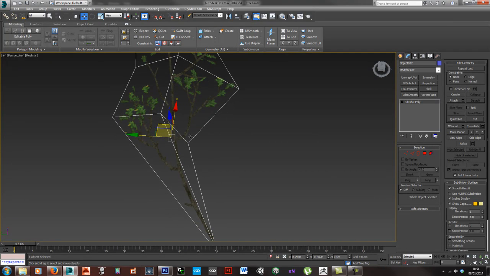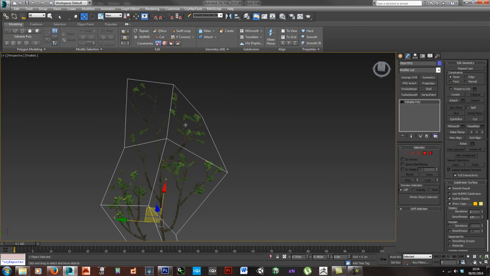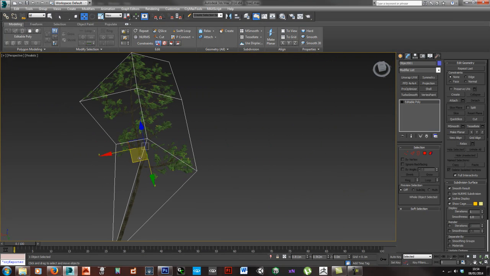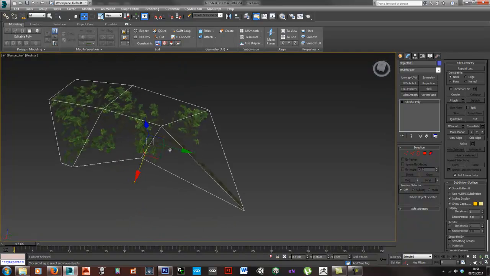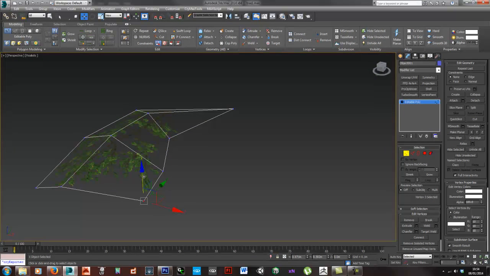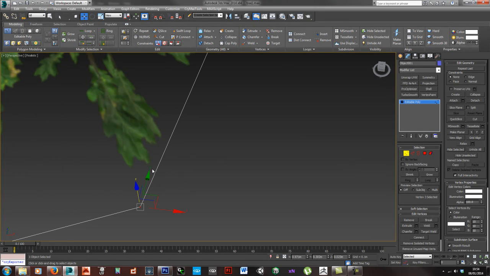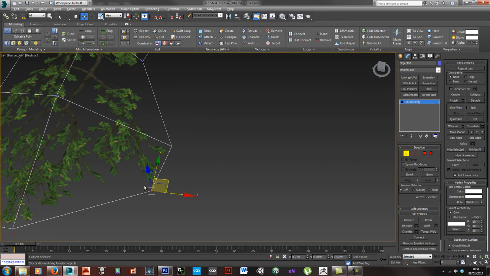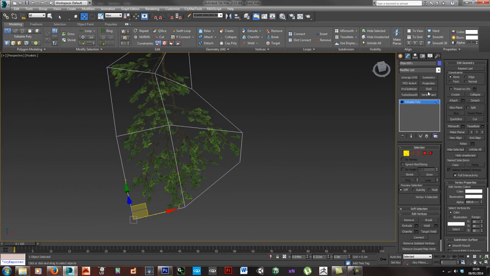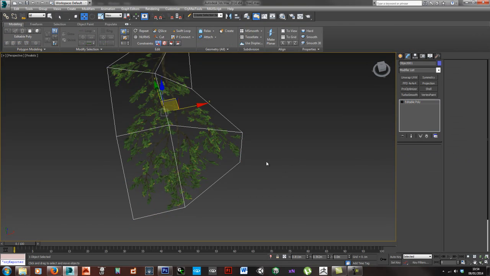Try and cut as much of the empty space out as you possibly can, because it will increase the performance quite a lot if you do that. So I've tried to be quite exact with how I've done that. Actually, that just looks a little bit warped there. That's better. That one can probably come in. Okay, anyway,